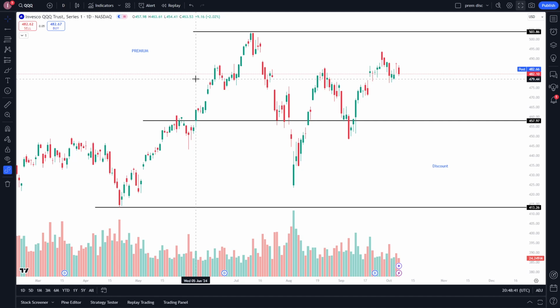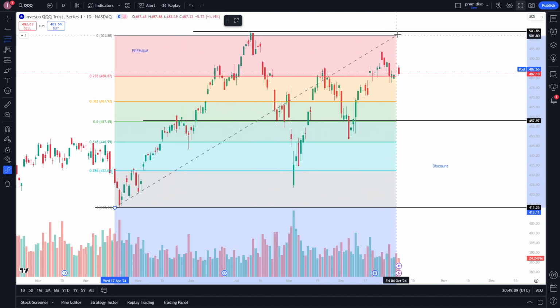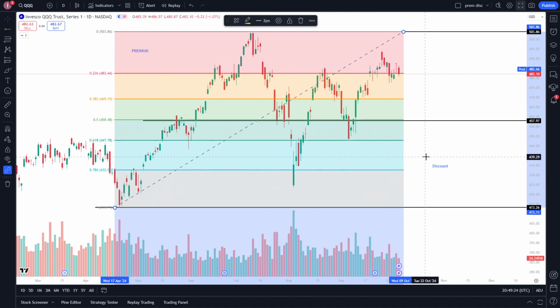Now let's dig a little deeper. There's certain key levels you can look for. So you're going to take your fib, you're going to go to that low of the range, you're going to take it, and then you're going to pull it to the high. And there are certain key levels inside of this zone called the golden pocket. It is the 62 to 78% retrace. This is the ideal pocket for positioning in premium and discount range markets. So if you want to buy at a discount, your golden pocket ideal placement would be in this area right